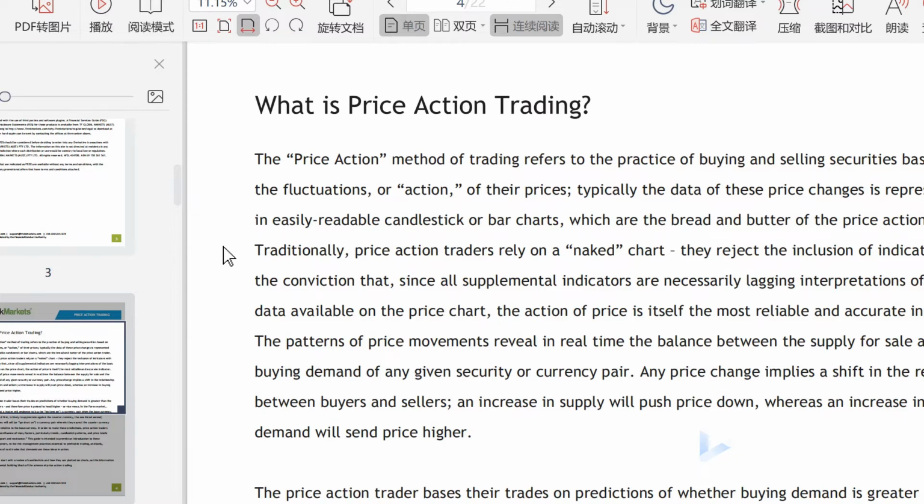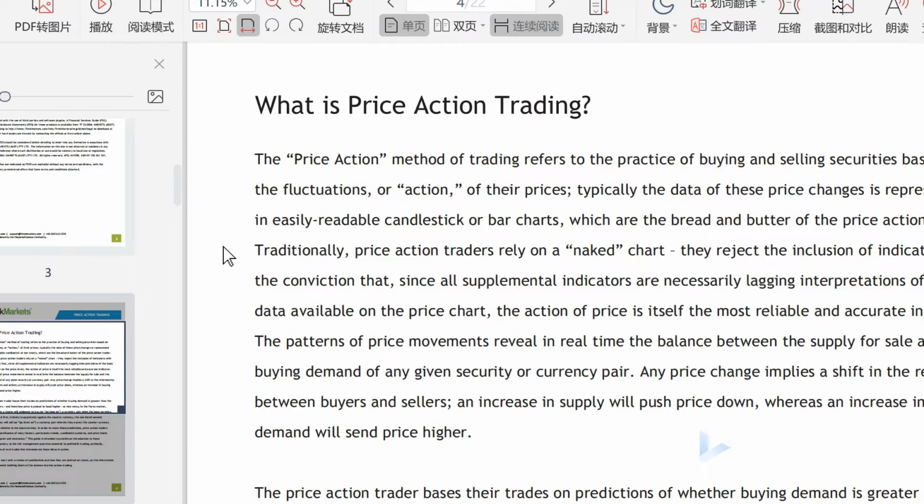If you learn about trading options, these price fluctuations could be viewed as volatility, but this could be a very complicated term if you are not familiar with option trading. So price action traders often rely on naked charts. They reject the inclusion of indicators with the conviction that